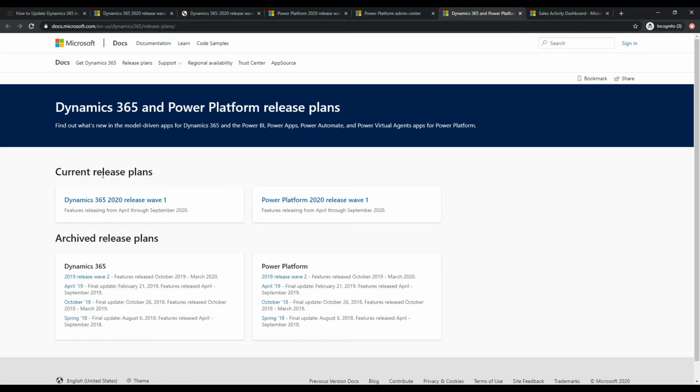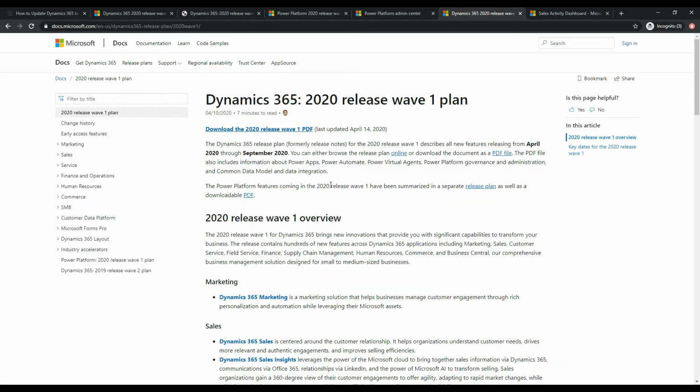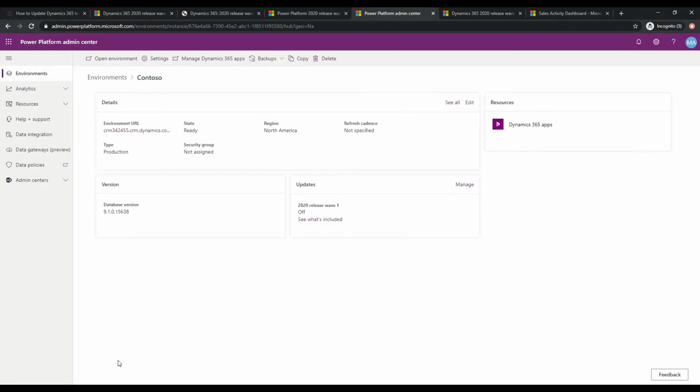and then from here you have the current release plans. If we clicked on, for example, Dynamics 365 for 2020 release wave 1 plan, we get back to that page that I was showing you earlier. So that's what that does basically. So let's go back to the admin center, and we can see as well that we have this current database